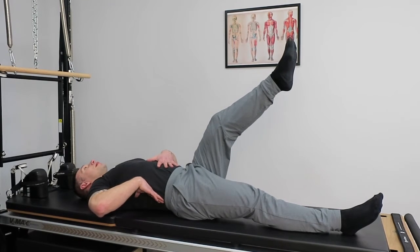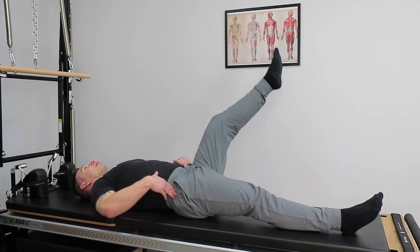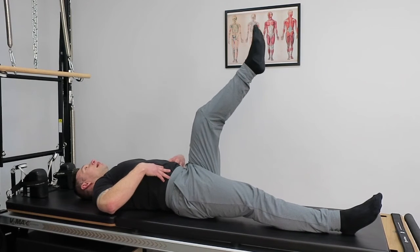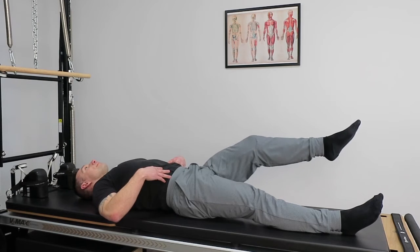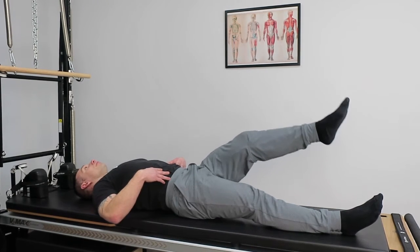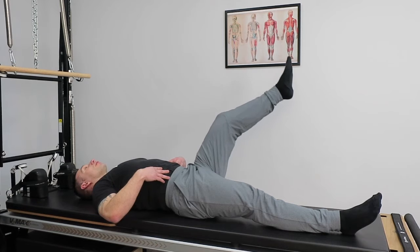You can make that circle bigger, but we don't want the hips to move. So I don't want the leg to take the body with it. Everything stays tight, the abs are working hard, but continuously. Whipping that leg around, hit that 12 o'clock,